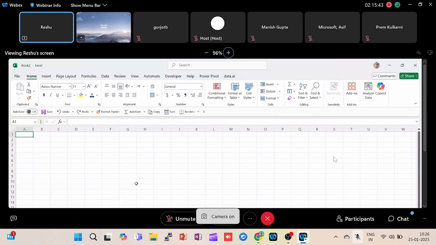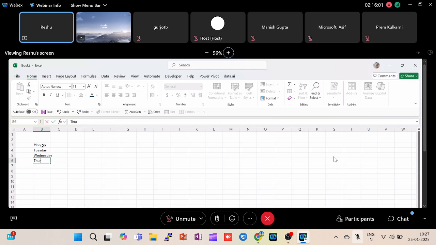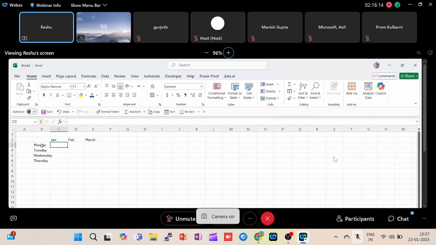Now, the sheet which I have written, that is Tuesday, Wednesday, Thursday, and Feb, March. I have information over here. Suppose I have entered this information over here. Now, we add